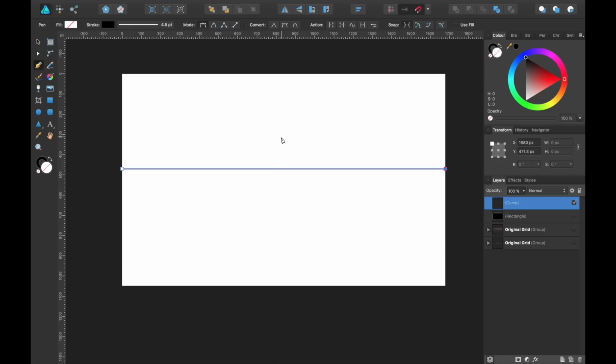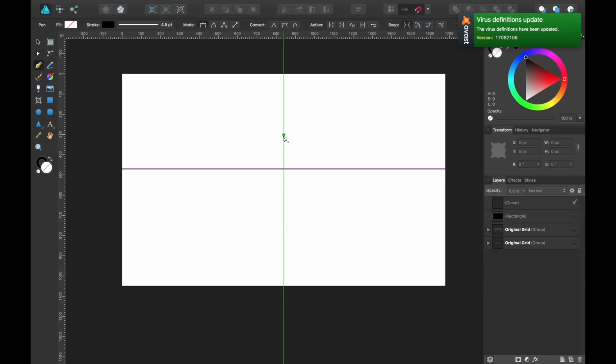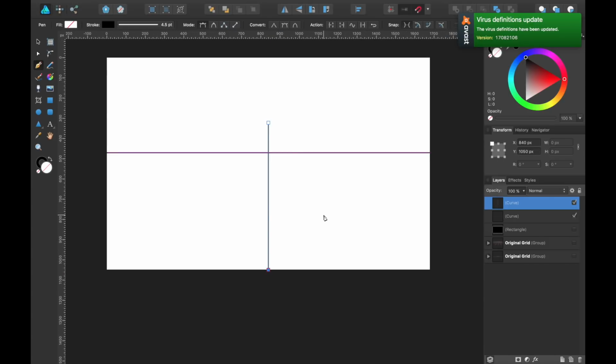The next one we're going to want to do is a line going down. So go to the center of your document. There it is, green line. Let's press Command and click, just to get out of it so we're not continuing on the line. All right, so let's click it here. Hold down the Shift key. There we go. We've got our vertical line now.